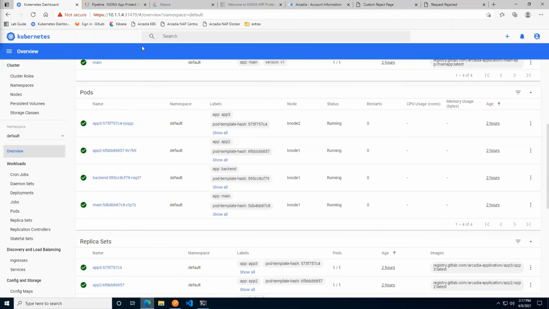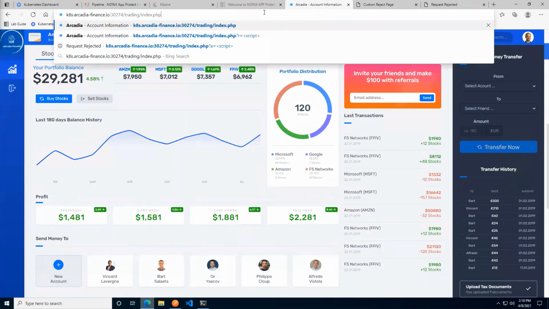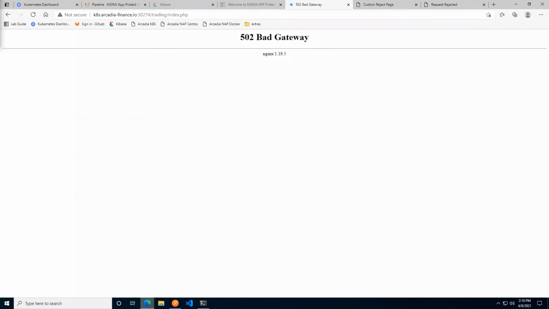Now let's see what happens if we try to attack our system. I have so many tabs, I have to keep my wits about me. Which one was the one? This one here. I'm going to try without the attack first, just to see that it's actually running. Oh, I'm getting a bad gateway. Okay, I should have mentioned this at the beginning. There was a bug in the lab. I was sure they would have fixed it by now, but I think I know what it is. So give me a second.